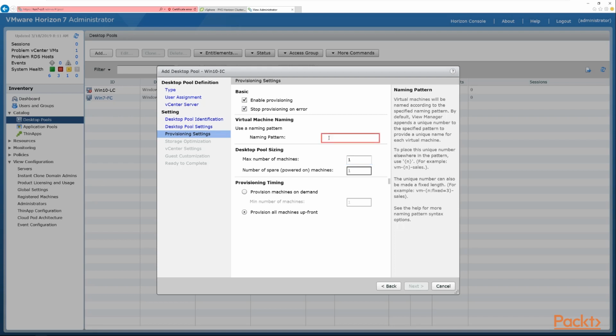Naming pattern. So what are we going to call this? This is the machine name. So this is what gets added to Active Directory as a machine name, so it has to be unique. So in this example, our naming pattern, we're going to use Win10-IC for instant clone, dash, and then we're going to do a curly bracket, an N, and a close curly bracket, which basically means it's going to put consecutive numbers in there. So the first desktop machine that gets built will be called Win10-IC-1. The second one, Win10-IC-2, -3, -4, -5, all the way up to the number of machines that you've built,